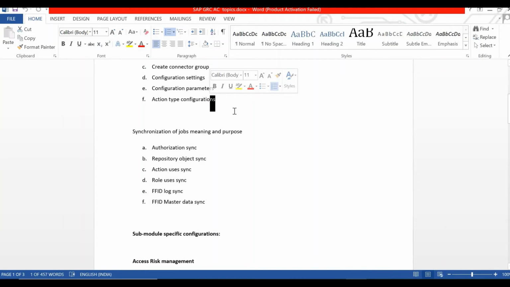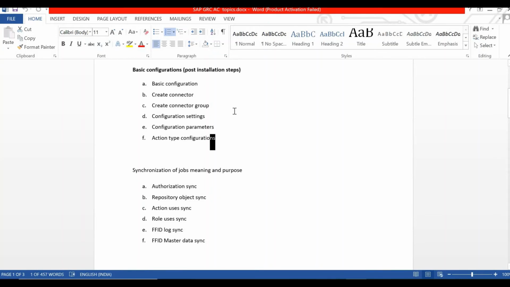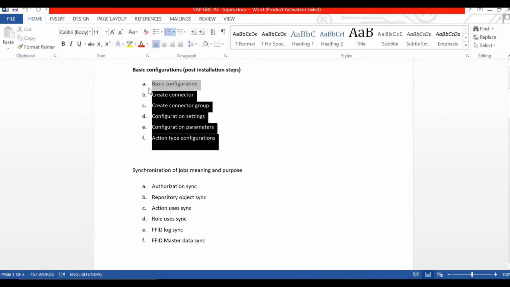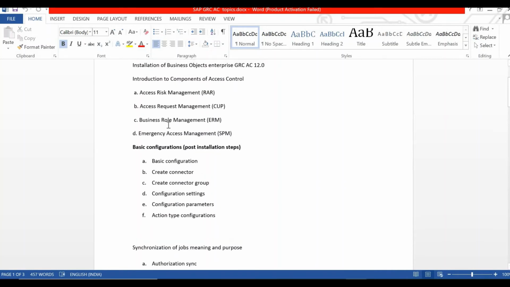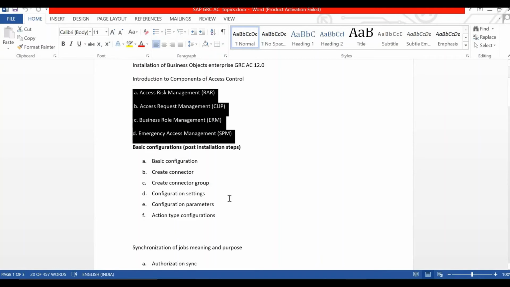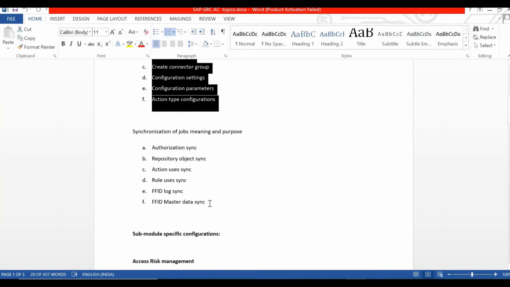Okay, and the actions. These all come as part of the implementation. In interviews they will ask whether you are part of implementation projects or not, right? This will come under that. So this is the initial step, what we call the post installation step. This post installation is a one-time activity, the first activity that we have to perform before going inside the system and doing all this configuration. There is some basic configuration which is applicable for all four modules that we do in this step.